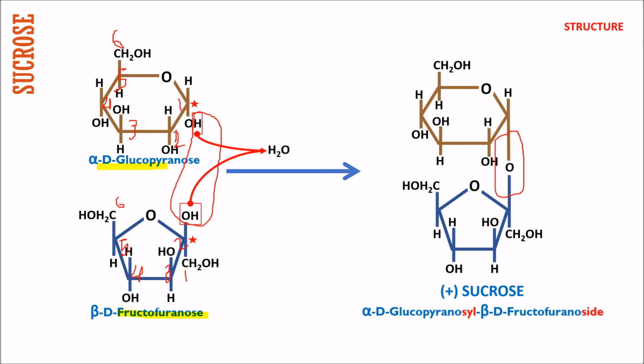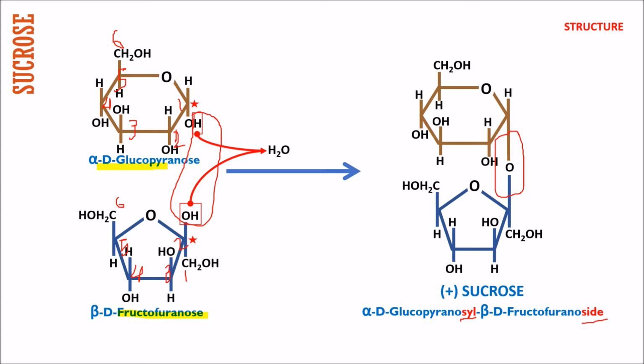Now let us understand the naming or nomenclature of the disaccharide. Disaccharide is formed of two monosaccharide units. For the first monosaccharide unit, the suffix added is syl, while for the second monosaccharide unit, the suffix added is side. So the name of this particular disaccharide is alpha D